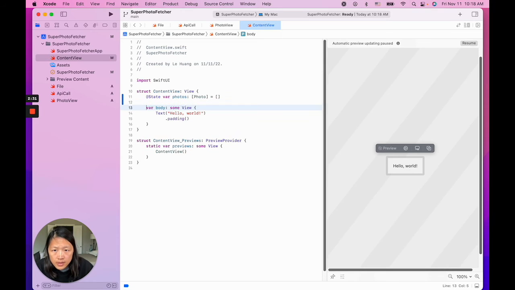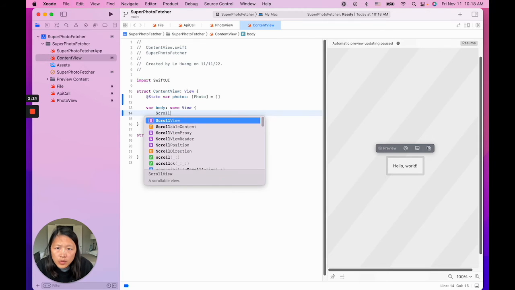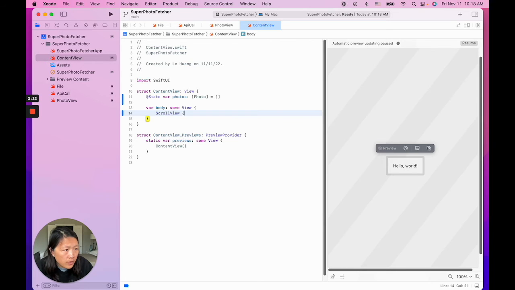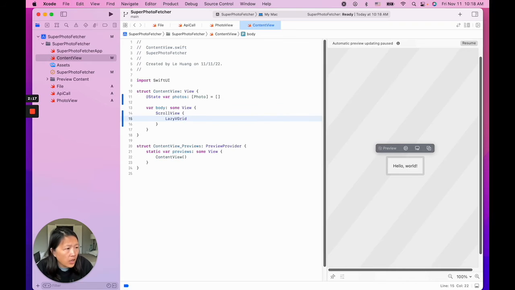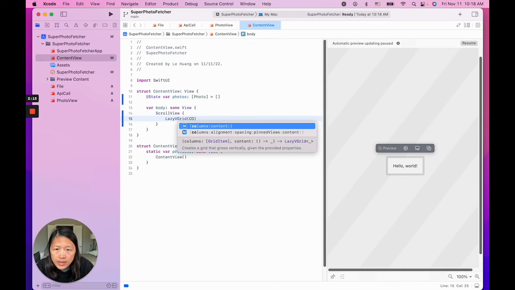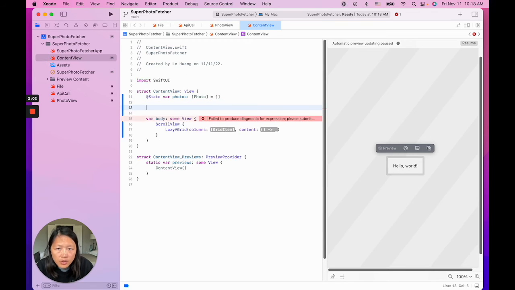And then we can remove this hello world here. We'll create a scroll view. Inside that, there will be a lazy V grid and columns. Columns basically define how many columns you want to have. So we can do it at the very beginning. You can say columns equals to